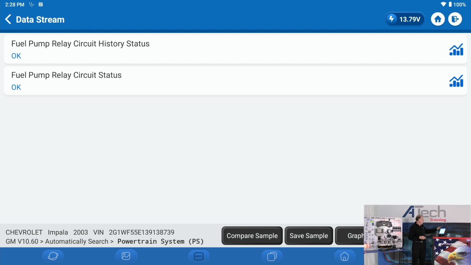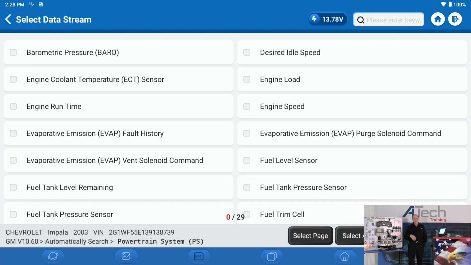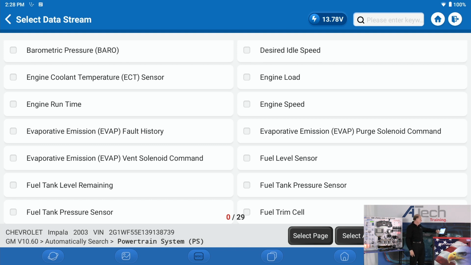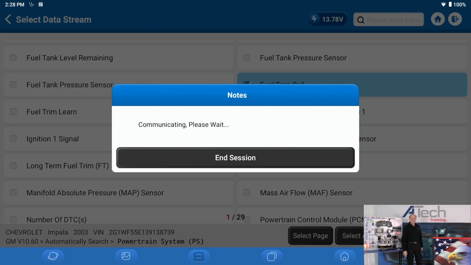A lot of times, most of us play around with 4 or 5 different PIDs, and that's it. But you need to start looking at some other things in relationship. If I would have done evap, you would have load, speed, evap, fuel tank pressure. That's another sensor that on evap systems would be giving you a problem. I don't think we have a fuel tank pressure sensor on this one. But fuel level, engine load, fuel trim cell. If I did fuel trim cell, I don't know if that's even here, but if we do fuel trim cell,